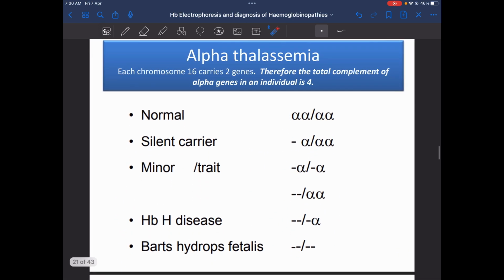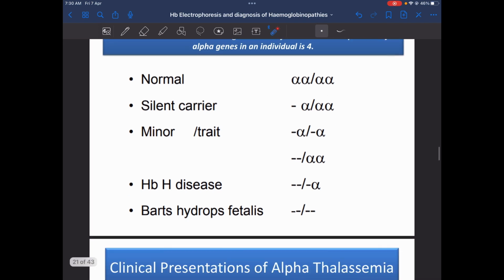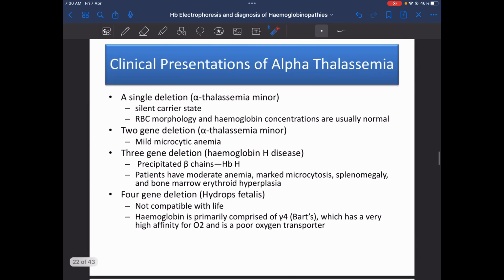This is pretty much what I've already explained. Yep, it's exactly the same thing. And yeah, 2 gene deletion leads to mild microcytic anemia, when the MCV decreases. 3 gene deletion is hemoglobin H disease. Something